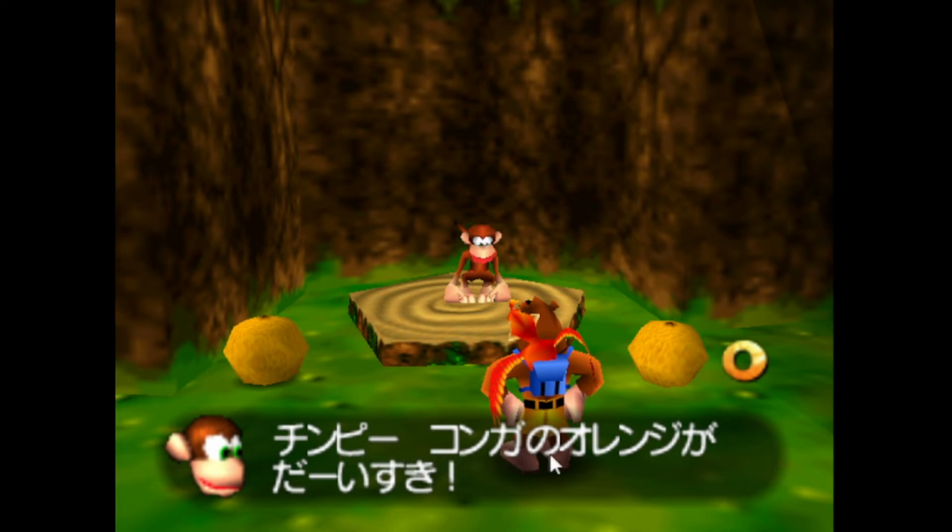Chimpy Konga no oranji ga daisuki. So Chimpy is his name. He's referring to himself as Chimpy. Not that odd, not as odd as it is in English anyway, to say your own name to refer to yourself. My ex used to do that. I didn't like it, but I probably shouldn't have disliked it really, because like I said, it was a bit more normal in Japan.